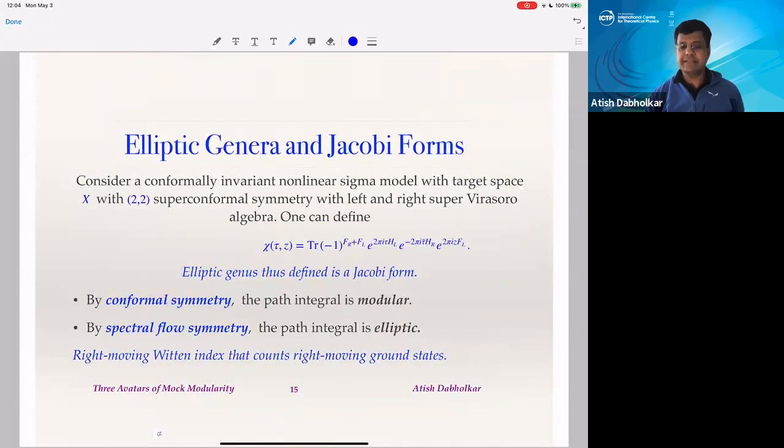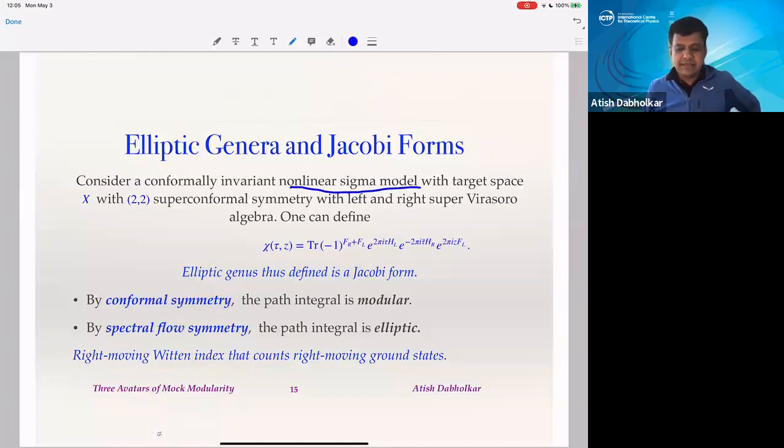And it occurs very naturally in physics context when you're computing elliptic genera. So people, when they did work on holography and various black hole story, were computing the elliptic genus of some conformal field theory, and it appears in many contexts. So if you consider a conformally invariant nonlinear sigma model, for example, if the target space is K3, it's a conformally invariant nonlinear sigma model because K3 is an Einstein manifold. I mean, it's Ricci flat,